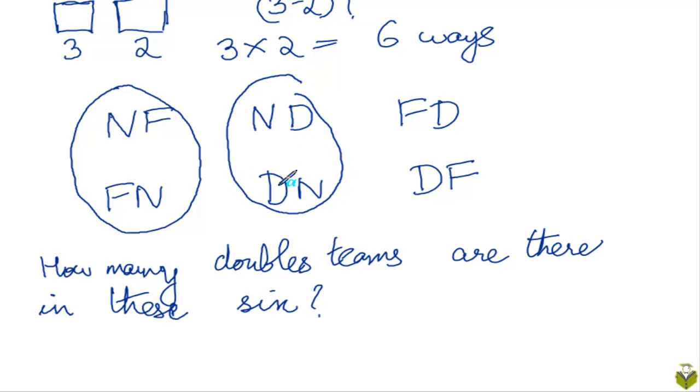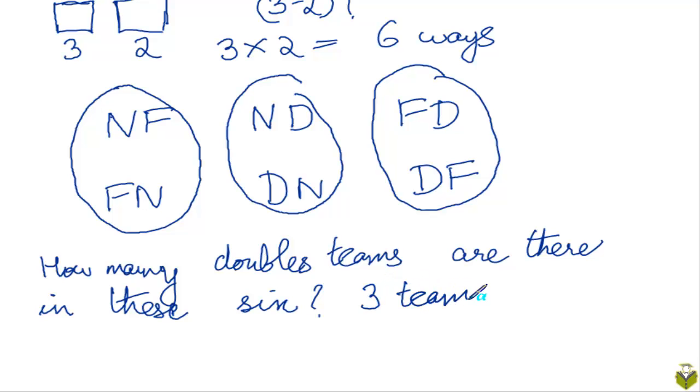Nadal and Djokovic, Federer and Djokovic, Nadal and Federer. So how many teams are possible now? Three, right? One, two, and three. So you have only three teams possible, right? So these three selections